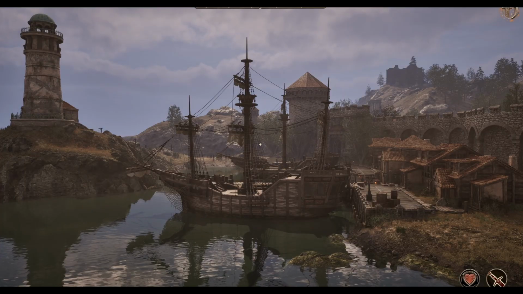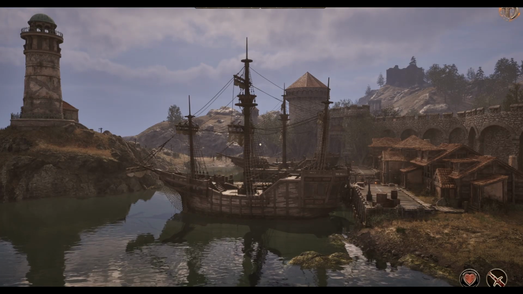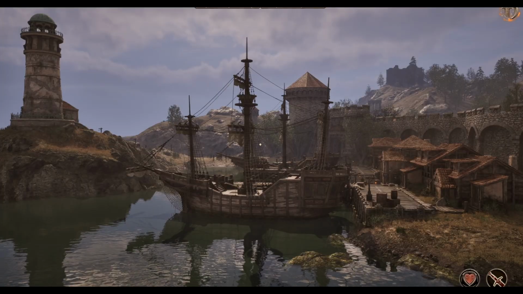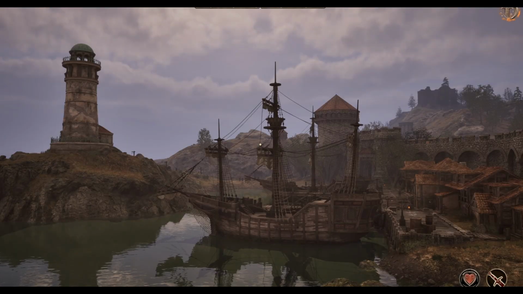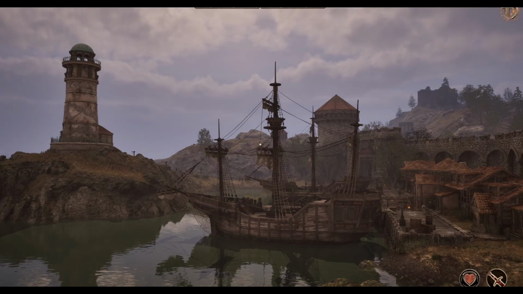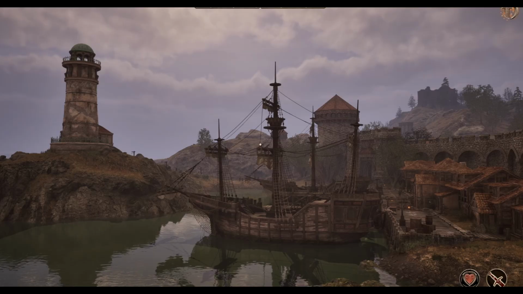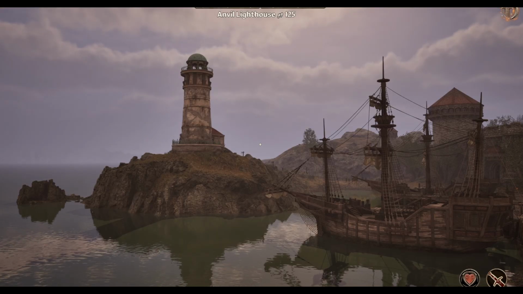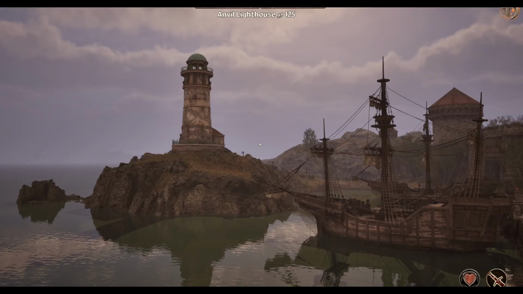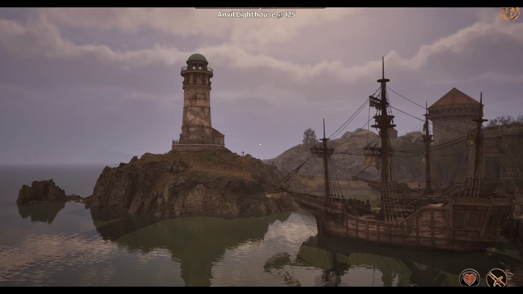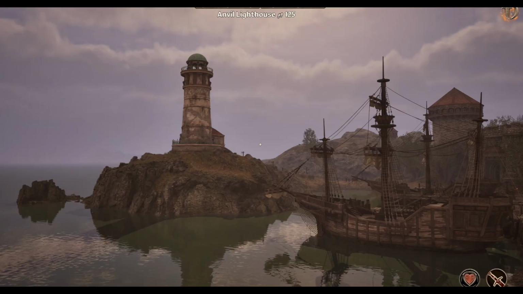I really like the ship's design. They look like caravels, which fit perfectly within what we assume to be the technology level of this world. The scale of the ships and the harbor itself is off. It's all too small. But again, these are sacrifices made, one, for technology limitations, and two, for game size. There's enough there that it all makes sense, and so we're willing to overlook it. The lighthouse looks like a lighthouse. That form has been around for thousands of years, and its materiality matches its function